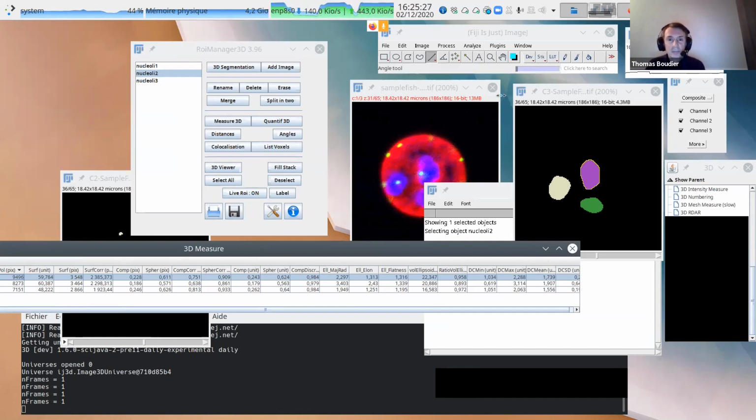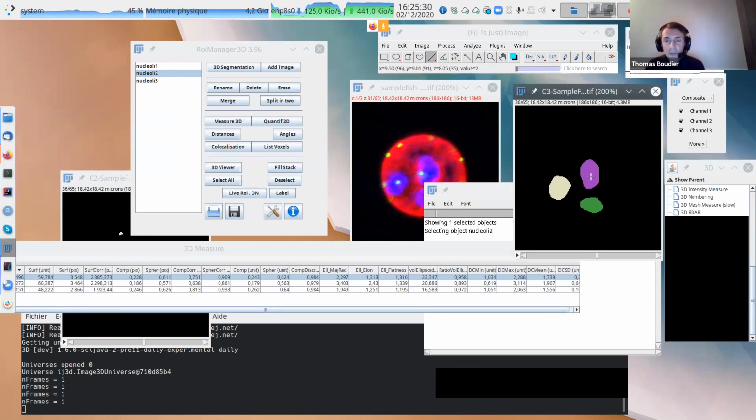So the DC distances, just to repeat: I take the center of the object, I go to the border. So I have a lot of voxels on the border, so I have a lot of distances. I get the minimum distance, the maximum distance, the average distance, and the standard deviation of all these distances in 3D. Everything in 3D. If it's written in unit, it will be in micrometer or nanometer, the unit of your image. If it's written in pix, it's just voxels, no calibration.